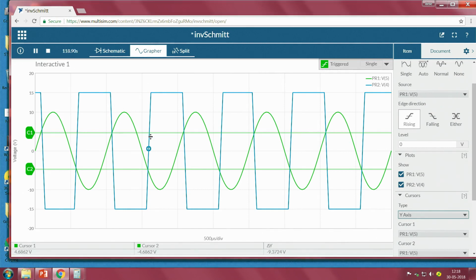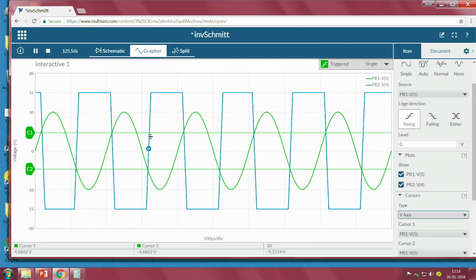Now, in a realistic way, where do we use such kinds of triggers? Imagine, for example, I have a water heater and I want to switch it on at one particular temperature, but it should be switched off at another particular temperature. It should not be the same temperature. When you observe the difference between a comparator and a Schmitt trigger, we can see some lag between switching on and switching off. It is not at the same time. Whereas in the case of a comparator, if the input is higher than that particular threshold, it will be on. If it is lower than that same threshold value, it will be off. But in this case, it is not like that.